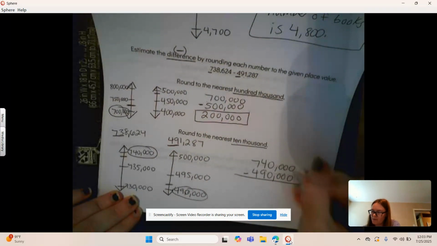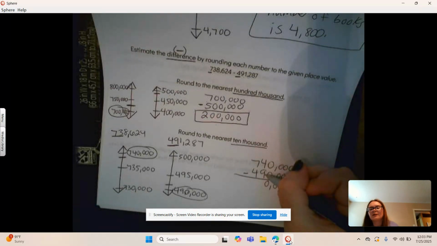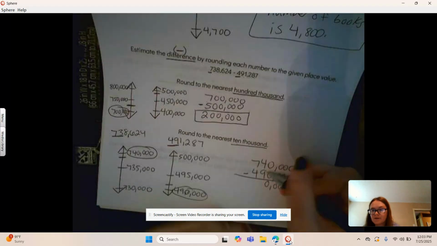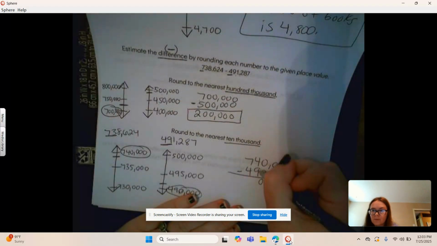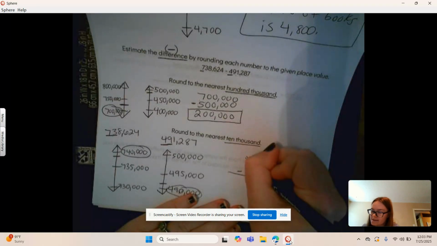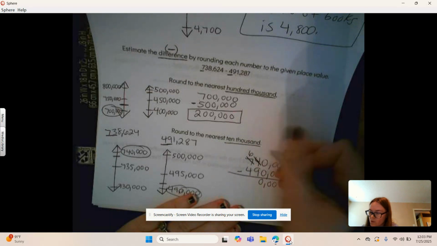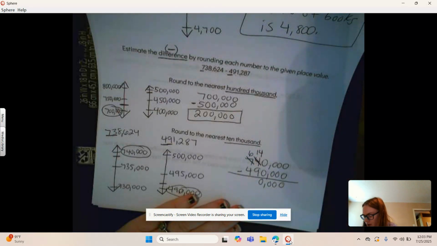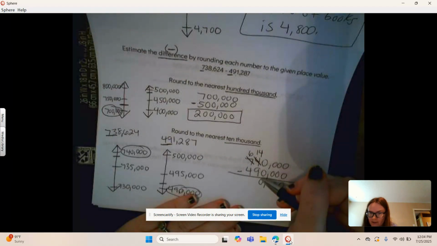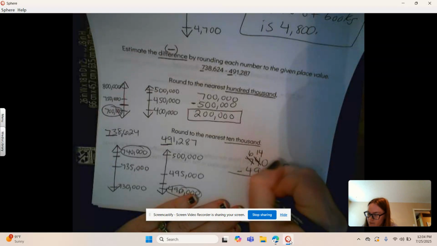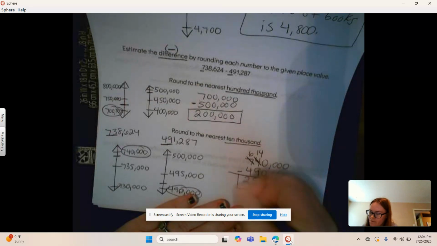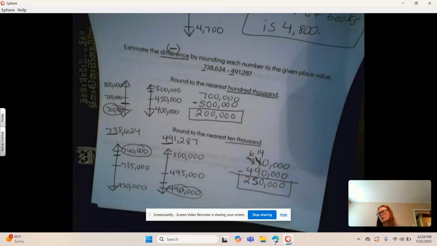Okay, so we know that 0 minus 0 is 0 all the way across. If we only have 4, can we take 9 away? No, we can't. So we have to borrow. Remember, more on the floor, borrow from next door. So we're going to borrow from this 7, make it a 6. And we're going to take the 10 and give it to this 4 to make it 14. So we can do 14 minus 9. What is 14 minus 9? Good, it's 5. Okay, and what's 6 minus 4? 2. So we have 250,000. 740,000 minus 490,000 is